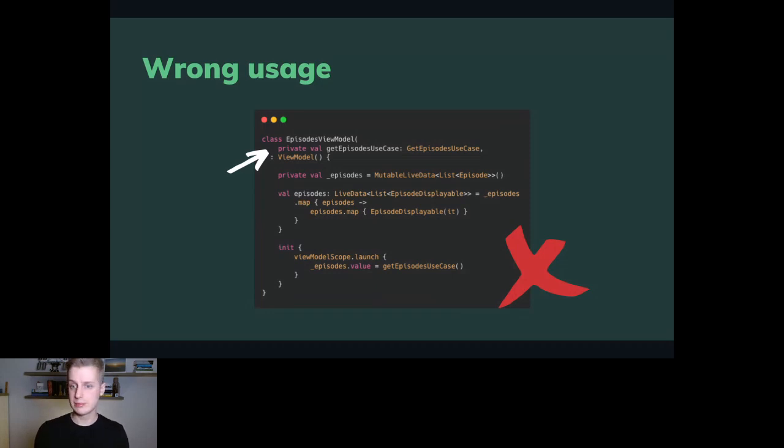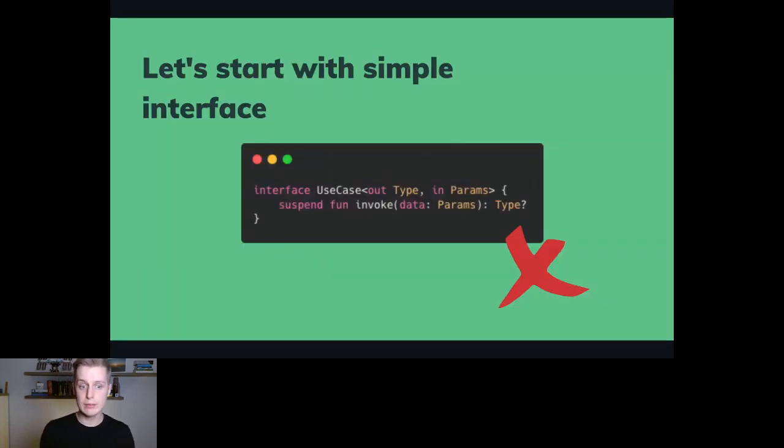What is even more important, this approach does more harm than good, because first of all, we don't get any advantages of an abstraction, but we also have a limited number of parameters in our invoke function. It's only a single one, and we cannot change it because this interface is our use case contract, let's say.